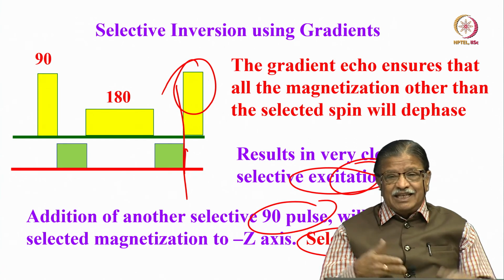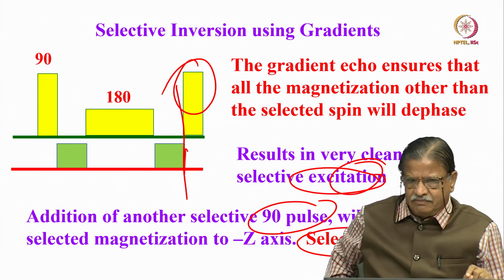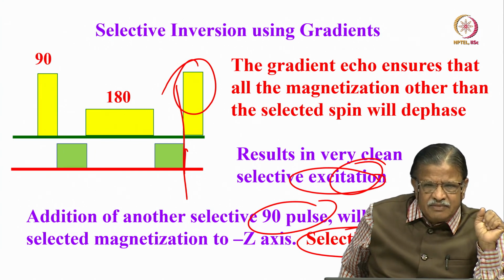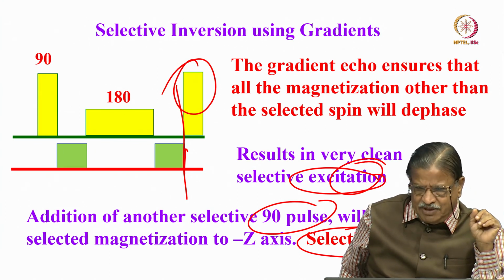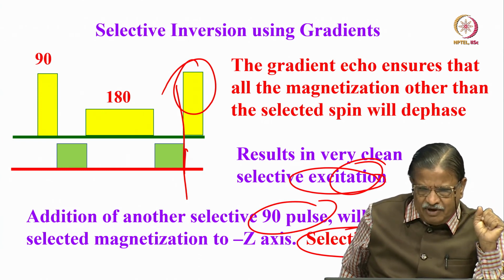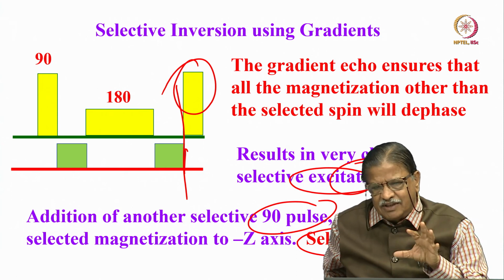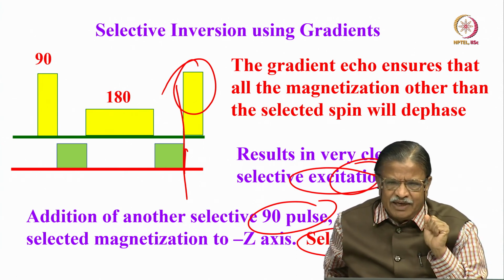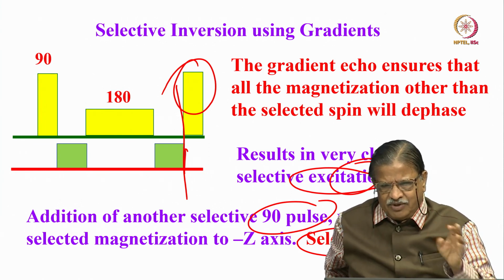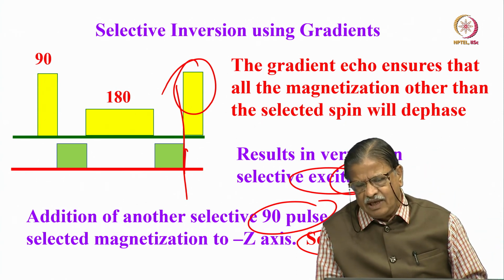But all these were examples only for one-dimensional NMR spectra. These gradients are extensively utilized in a number of two-dimensional experiments, where they come very handy. Since I have not introduced 2D, I have not discussed that. I will come back when I introduce 2D. We will take at least one or two examples of how we can choose the pathway using gradients, for example for DQF-COSY, NOESY or HSQC. We will discuss all those things in the subsequent classes.